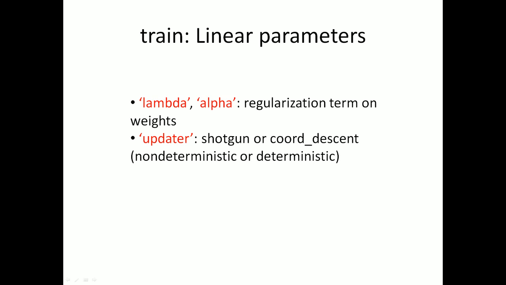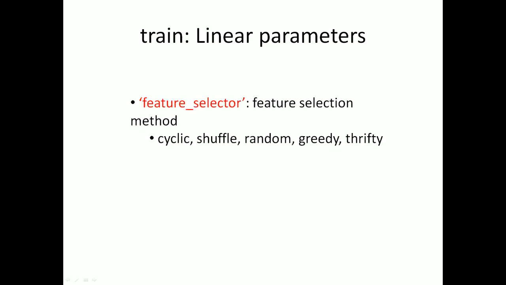Now we will cover the additional parameters for the linear booster. To start, the lambda and alpha parameters function basically the same way as in the tree booster. Next, updater determines the algorithm fitting the linear model. The final parameter for the linear booster is feature selector, which determines how features are selected in the construction of the